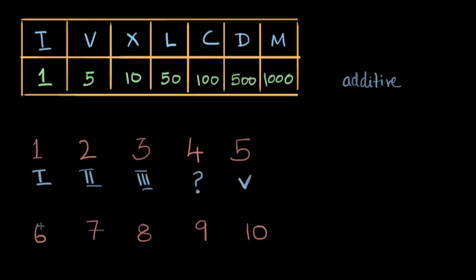Now, what should I do for 6? It gets interesting for 6, because how do I write 6? When I look at 6, I'll go up here and ask, what is the largest thing that I have that's smaller than 6? So 6 lies between 5 and 10. So I know that I can write 6 as 5 plus something. I'll first write my 5, which is V, and then ask, okay, what is remaining here? There's just 1 remaining, and 1 I know how I can write. I'll just write the I. And the same thing happens for 7,